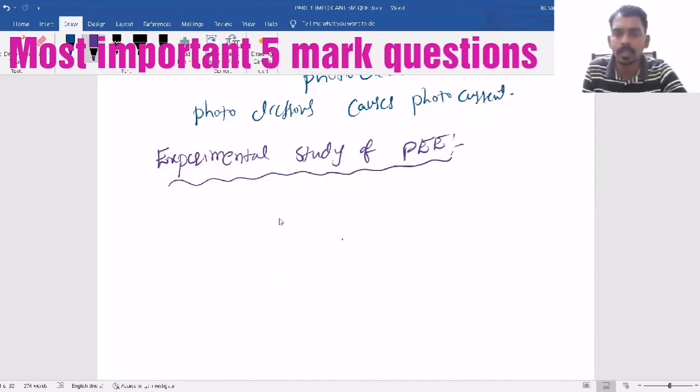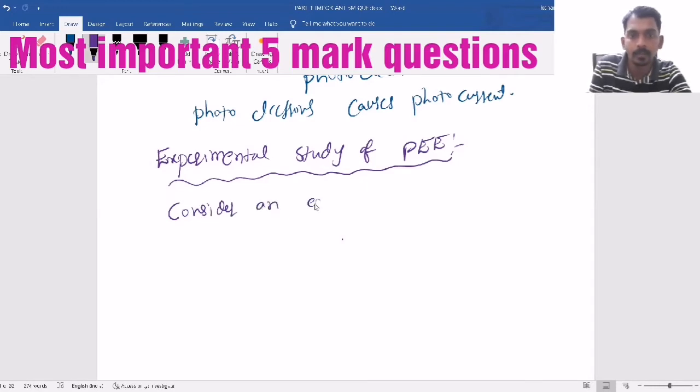Consider an experimental setup as shown below,